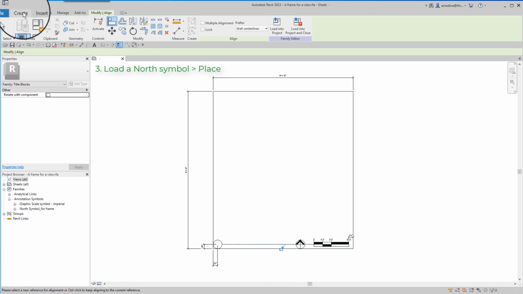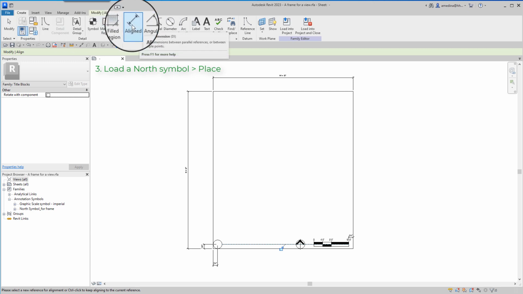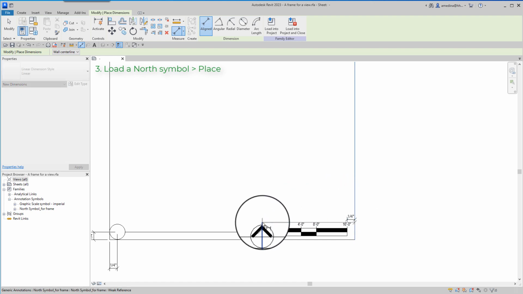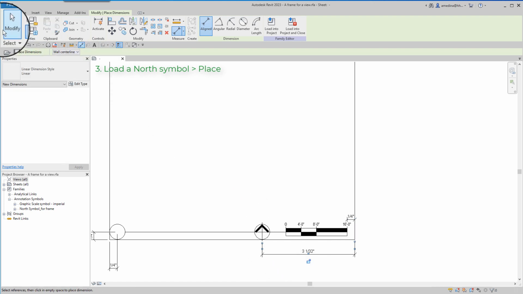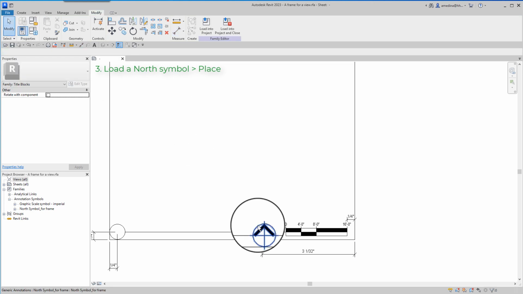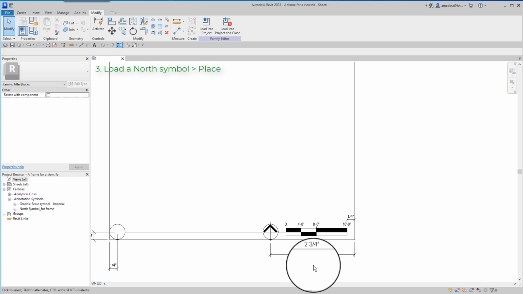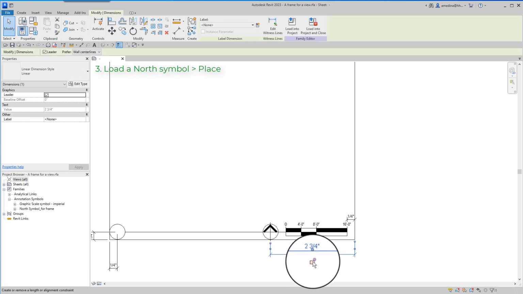Then I go and create a dimension to lock the distance from this edge on the right to the vertical line in the north symbol family. And then I select the north symbol and enter the desired distance, which is 2 inches and 3/4. And that's just fine, and I need to lock this dimension.